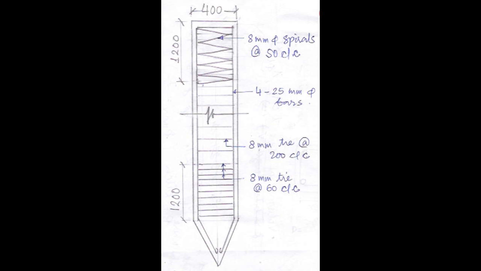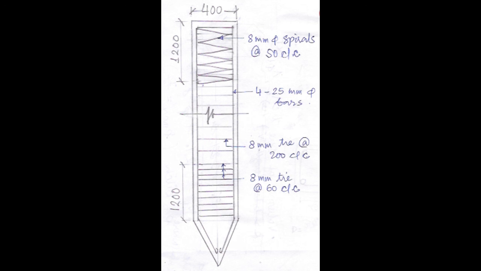ठीक है, फिर आफ्टर दैट 1200 मिलीमीटर, दैट इज़ 3D. 1200 मिलीमीटर में हम लोगों ने स्पाइरल डाला था, 8 मिलीमीटर बार का डायमीटर बार यूज़ किया था, जिसका सेंटर टू सेंटर था 50. फिर उसके बाद द नेक्स्ट पार्ट आई हैव ड्रॉन इट एज द मेन रीइंफोर्समेंट बार के लिए व्हाट वाज आवर डिसीजन, 4 बार्स ऑफ 25 मिलीमीटर डायमीटर. सो दैट आई हैव शोन इट.